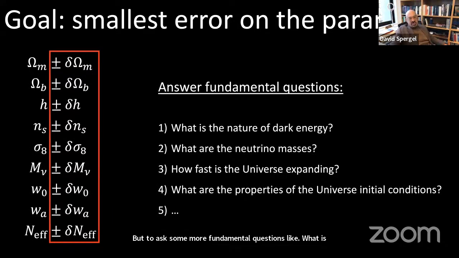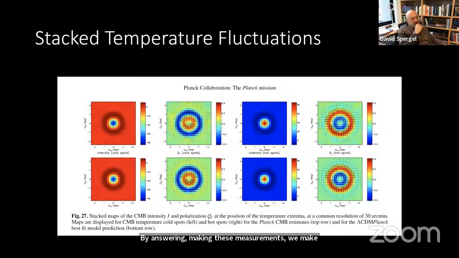Determines the masses of neutrinos? How fast is the universe expanding? And by making these measurements, we make progress towards answering these questions. And when I've shown you those maps as correlation functions, I think a better way to just visualize what's going